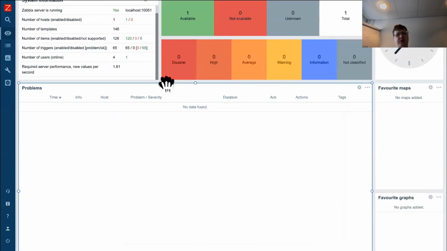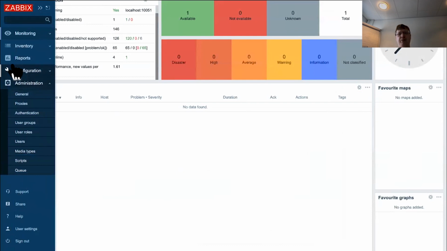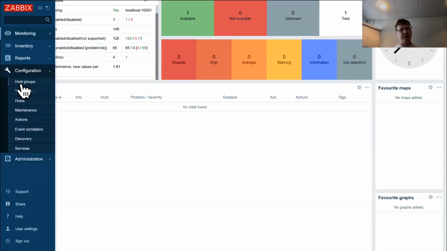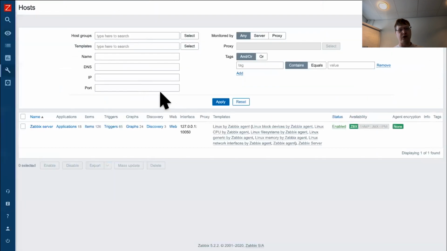So it's a really good thing. I want to underline this. Also, there are many other opportunities and many other features you can use for your everyday jobs as an engineer. And for me, it's really cool. For example, if you go to configuration hosts, you can see that many